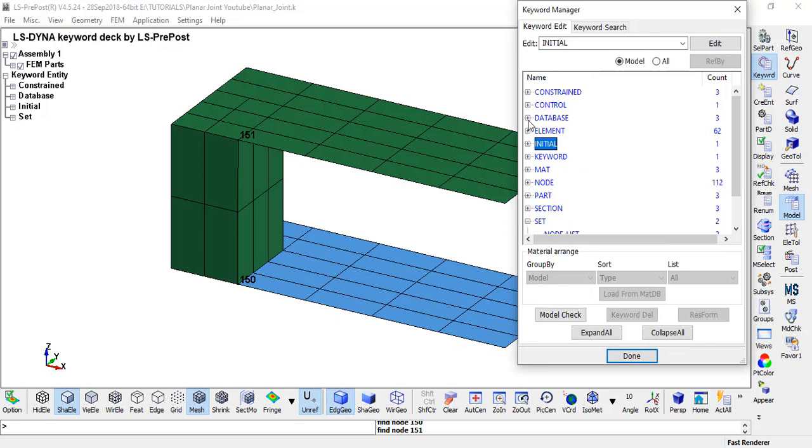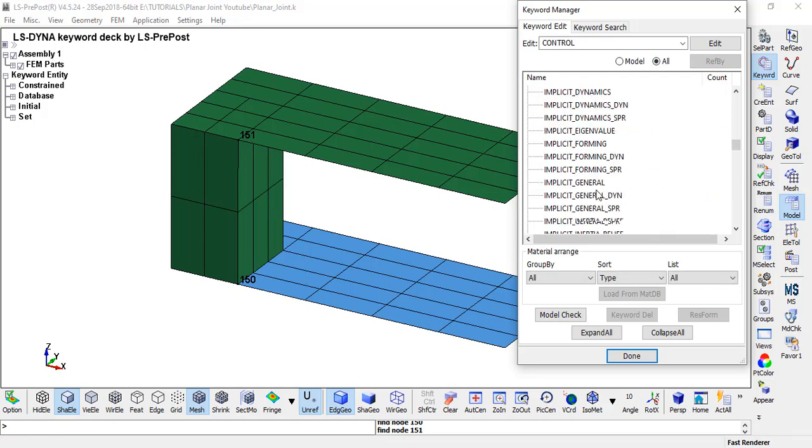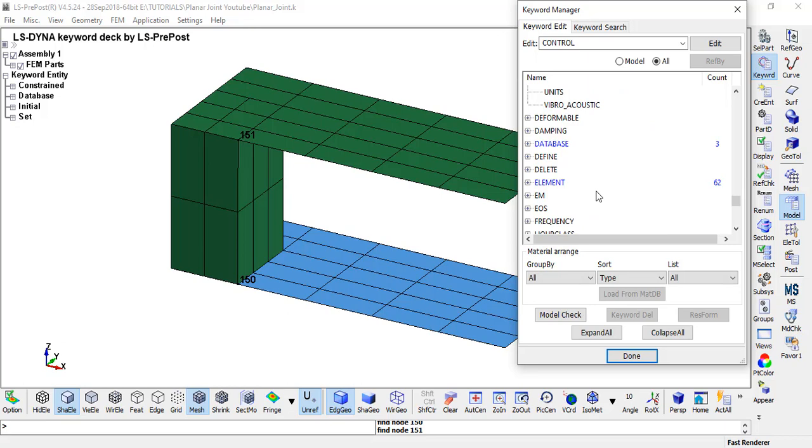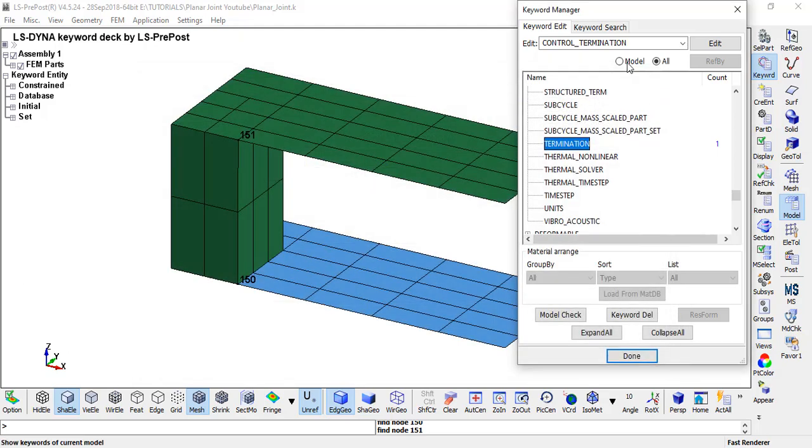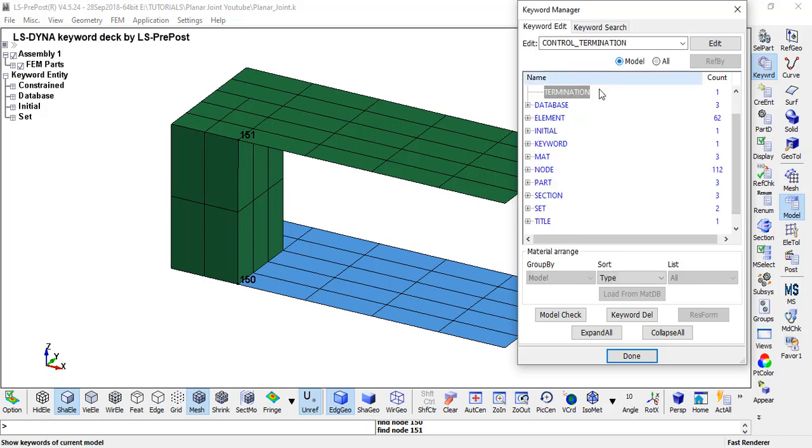and after all these keywords, we need to give the control termination, and by clicking control, if we go down, you will find the control termination. I gave the end time to be 0.2 millisecond, and a database binary D3 plot has to be selected.